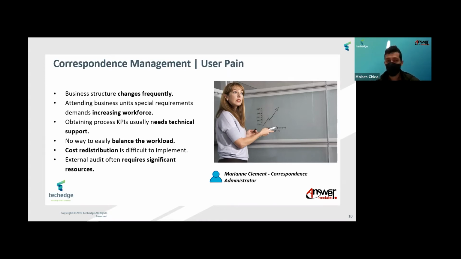These are things that are happening now in our companies, and the business owners, the owners of the correspondence process, suffer every day; they have to invest a significant amount of resources in order to achieve these requirements.